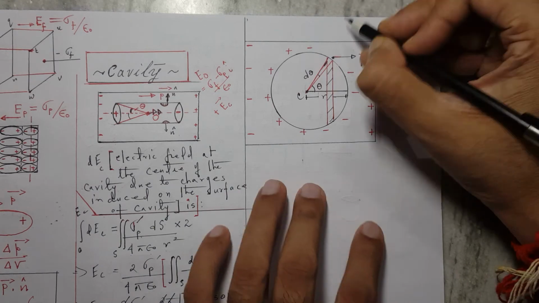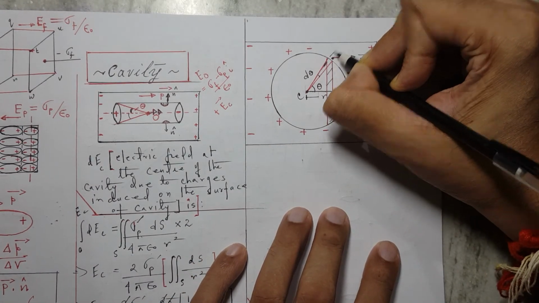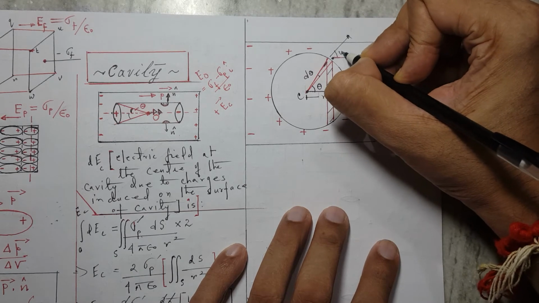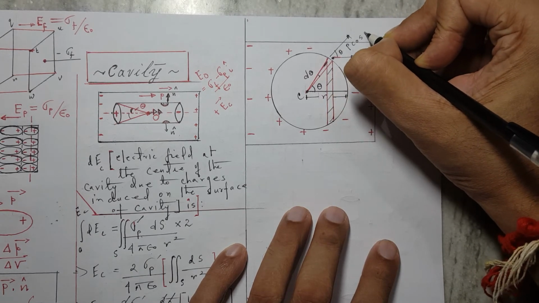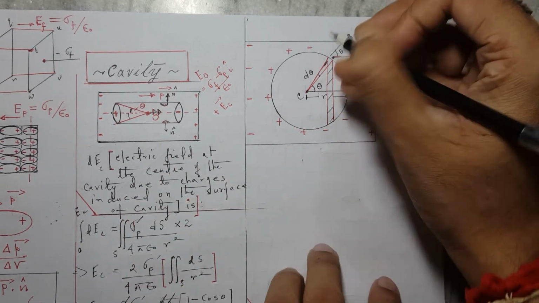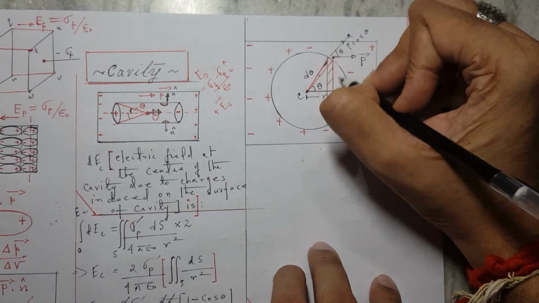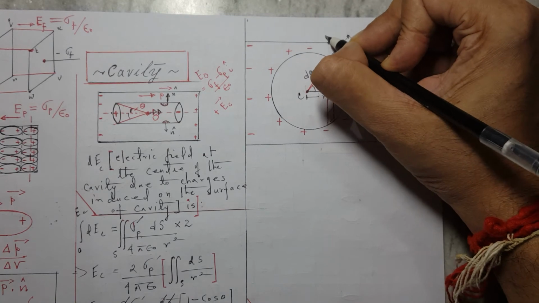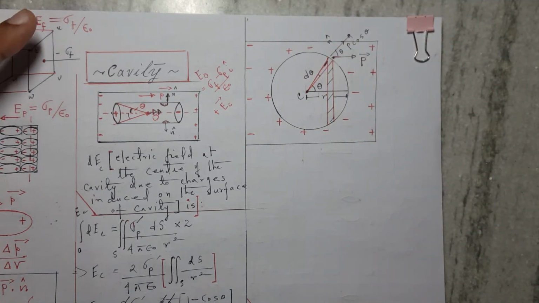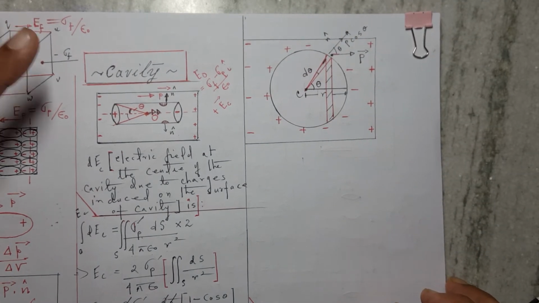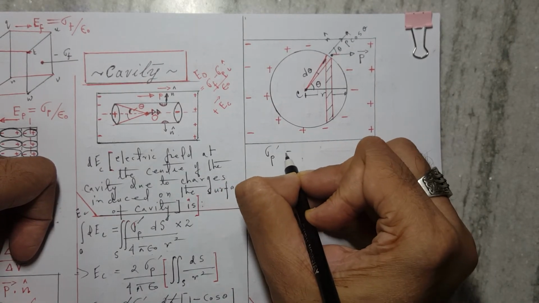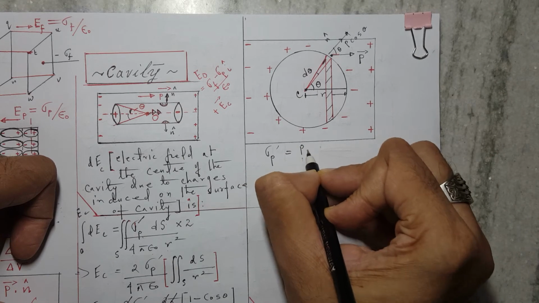So now clearly you see this in this direction. What will I get if this is P? This is theta, so this is also theta, so we will get P cos theta, right? And n cap is also in this direction at this particular point. So the induced surface charge can be written as sigma P dash equals P cos theta